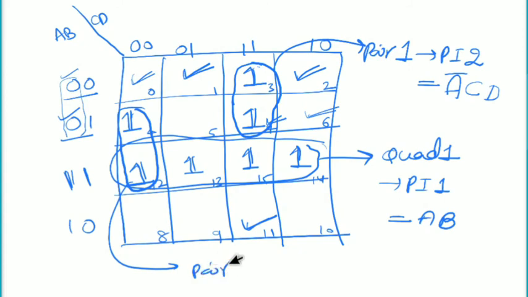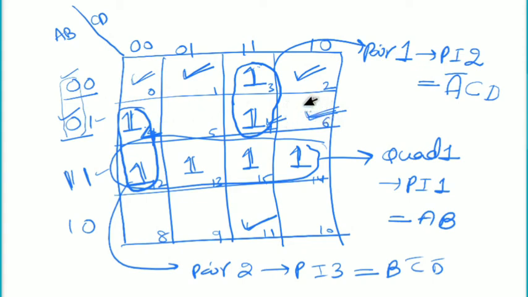Pair 2, prime implicant 3, and the value will be 0, 1 and 1, 1. So 1 is fixed, that is related to B, and the column is 0, 0, C bar D bar. Here you need to remember one important point. While I am choosing this particular group, I am also checking the other possibilities, because cell number 4 is adjacent to cell number 6. Cell number 6 is not having any 1, so I am not looking at the other side.